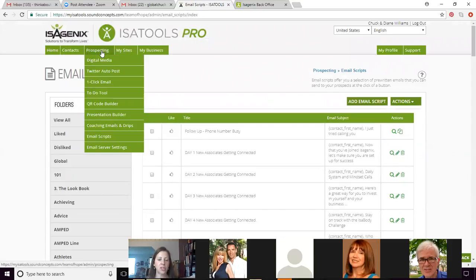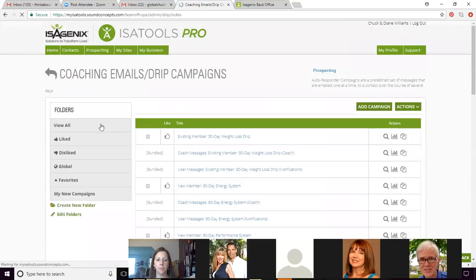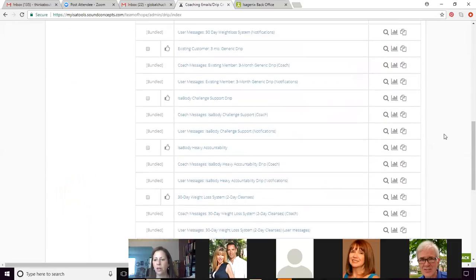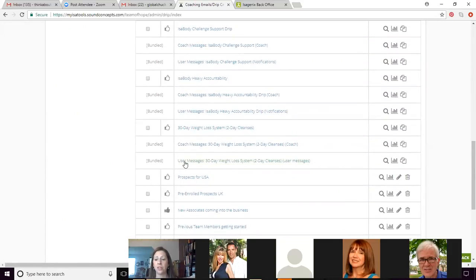And then the email server settings, that's just the same as that advanced email setting that I was talking to you about when we were setting up the site. So back to the coaching email and drips. This is where you would find anything that's pre-populated. All of the ones that only have these 3 icons on here, those are already pre-populated in your back office of your IsaTools